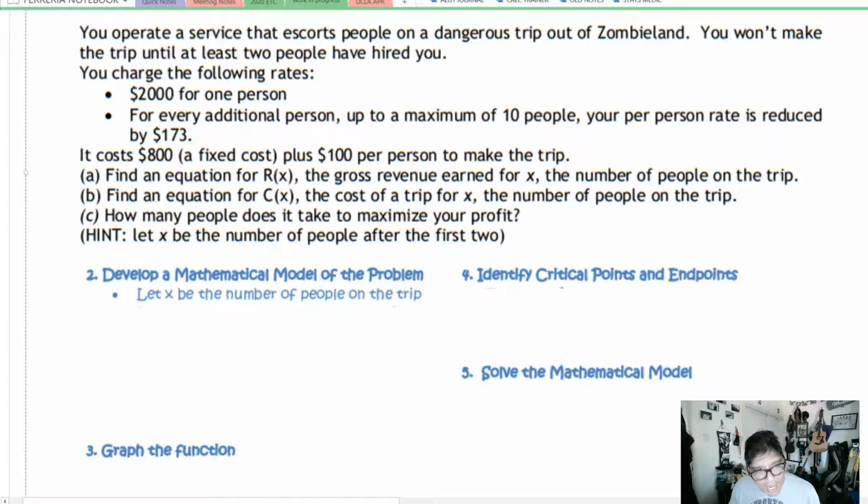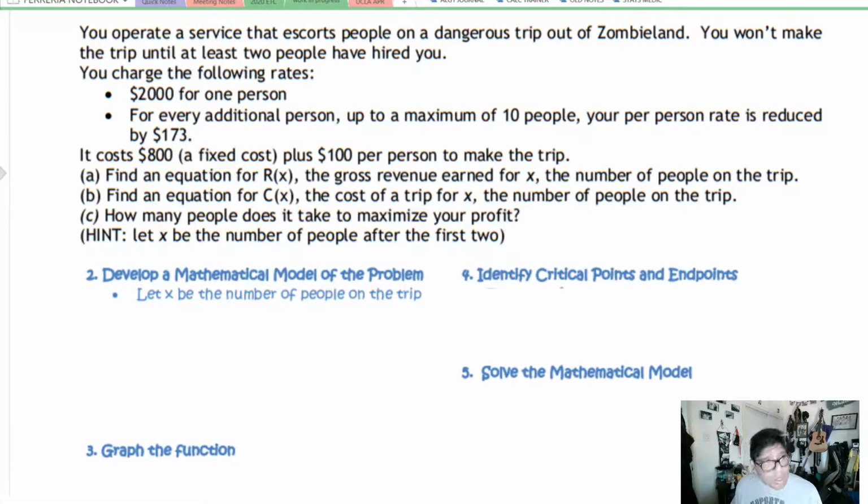So we're going to say x is the number of people on the trip. Now if 1 person goes on the trip, then $2,000 is going to be the revenue. We're going to do that first. If 2 people go on the trip, then it's going to be 2,000 minus 173, multiplied by 2. And if 3 people go on the trip, it's going to be the quantity of 2,000 minus 2 times 173